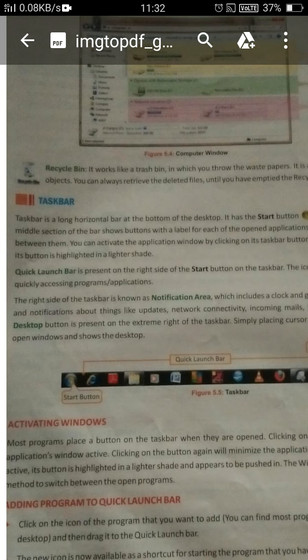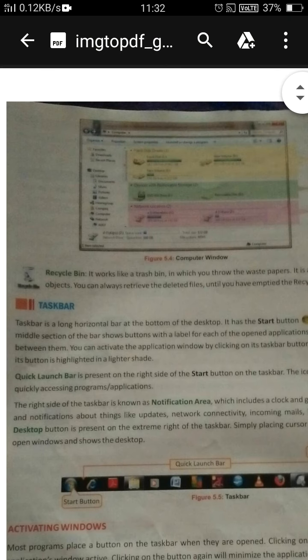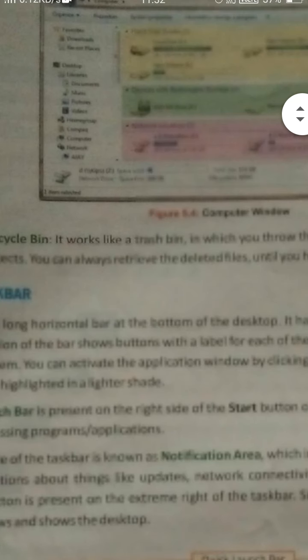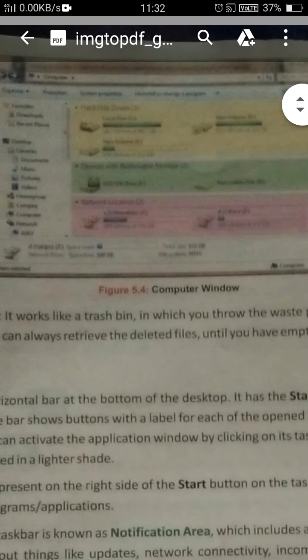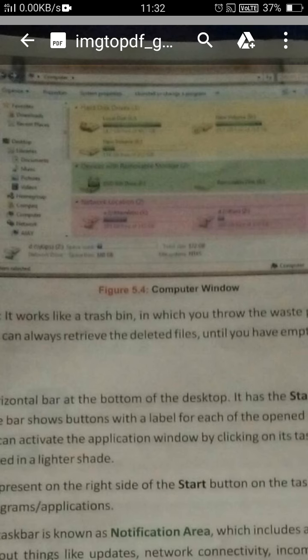Means the box coming to you by opening an application, that box is also known as the window. For example, at the top you are looking, one box is opened. This box is also a window, and this is the computer window.